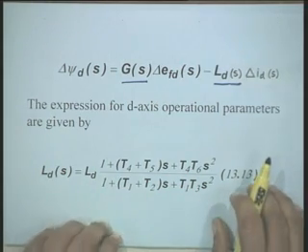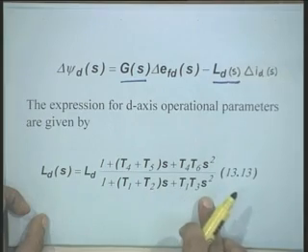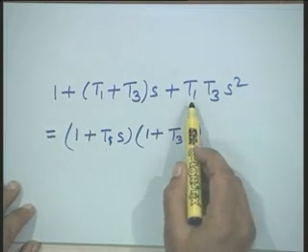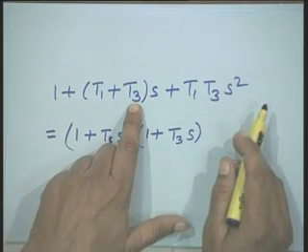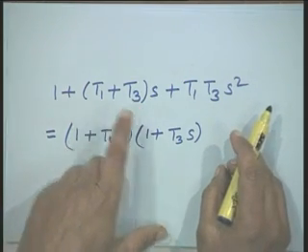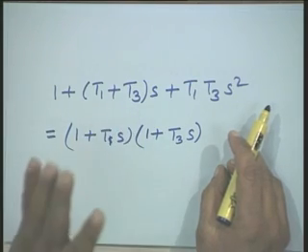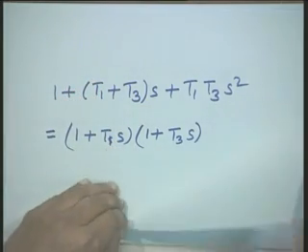Therefore, what we do is that this denominator, which is actually 1 plus T1 plus T2 into S plus T1 T3 S square, will be replaced by this term: 1 plus T1 plus T3 S plus T1 T3 S square. The justification, as I have just told you, is that T2 is very small as compared to T1. Similarly, T3 is also very small as compared to T1. Therefore, we neglect T2, but we add T3. We do not create much error, but we simplify our Richardson expressions.